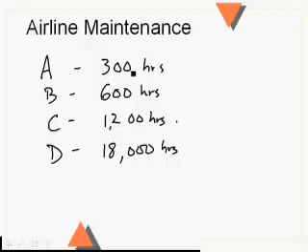So anytime the hours are divisible by any of these, you're going to either have to do an A, B, C check or a combination thereof. And then probably 10, 12, 13 years down the road, you're going to hit 1800 hours total time on the airframe. It's going to come in for a D check. The D check is the Massey Ferguson of all letter checks, in that it's the most extensive. In a D check, you pretty much take everything off of the airplane. If you went into a hangar and the airplane was in the middle of a D check, half or more of the cockpit would be gone.